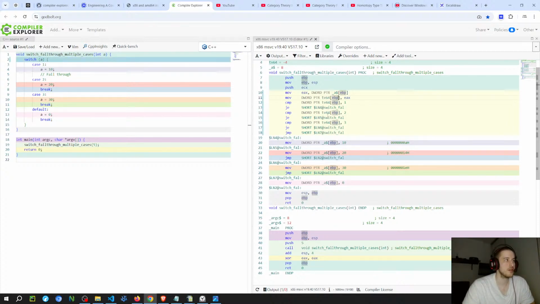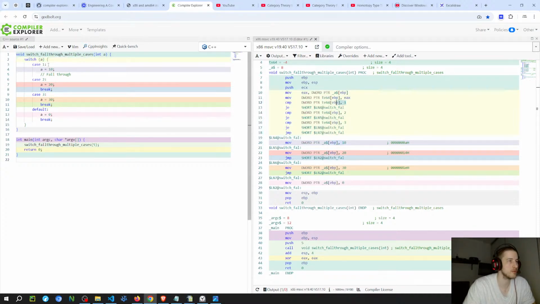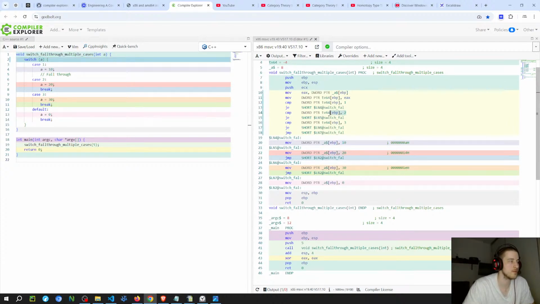So this one is basically the same thing as the other one. Also, the difference there is the conditions, let's say. So it compares with 1 here, so this would be the check to see if the value on EAX, which is now on EBP, which is going to be 5, equals 1. So 5 minus 1, 4. Jump if equals, so it's not going to jump, so it goes to the other condition. It's weird that it doesn't.